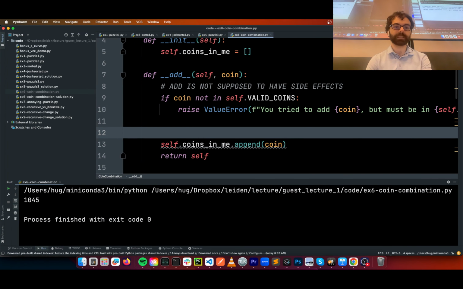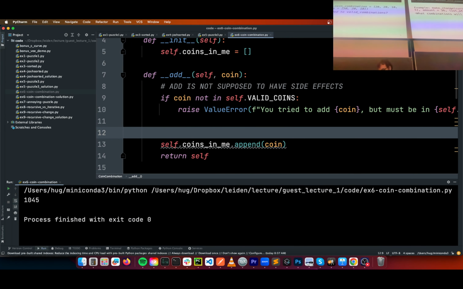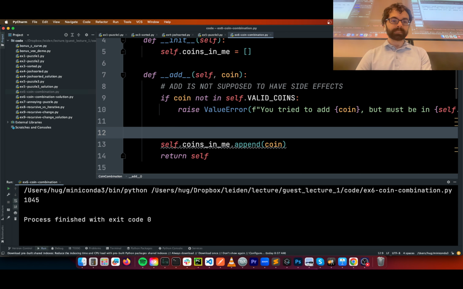Okay, and very last one. Let's say I have 20, 20, 10, 5. The amount's 36, and I have these coins. Okay, this one I'll give you a slightly longer time to look at it for a sec. Nothing again, right. So nothing. We're too big. Nothing. We already went over it.